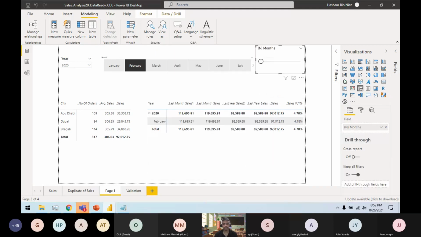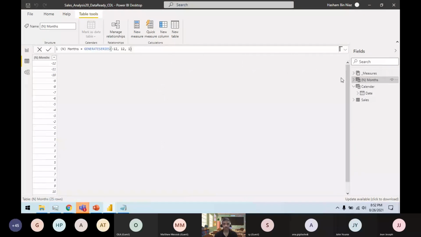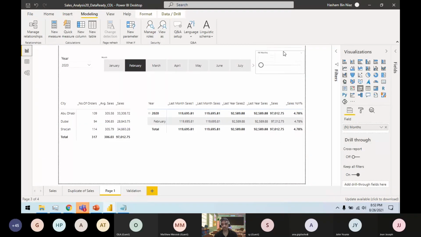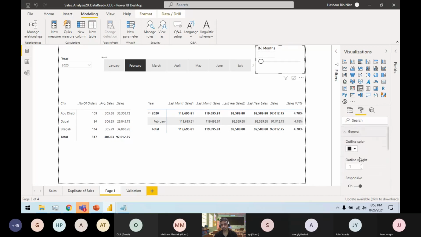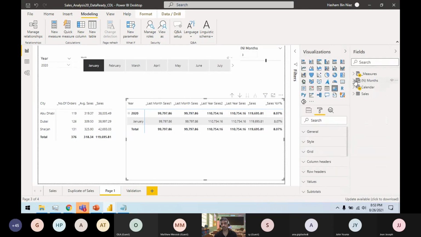What it actually does is create a table for me with all the values in it from -12 to positive 12. Now I'm going to use this to my ease. I want to provide the user the ability to choose how many months they want to go back and forward. You remember the one flavor which we created earlier, where I suggested you use this one